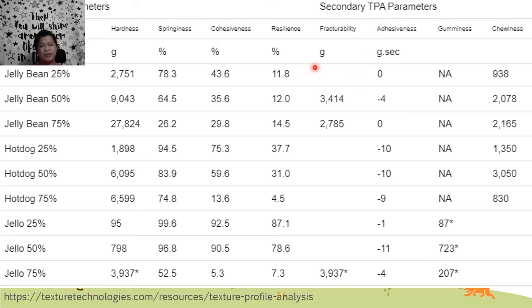Probably because hindi siya nag-fracture at all dahil mababa lang yung penetration depth. But it does display fracturability values for 50% and greater depth. Hot dogs also did not fracture in this case. Okay, but you can see here. So